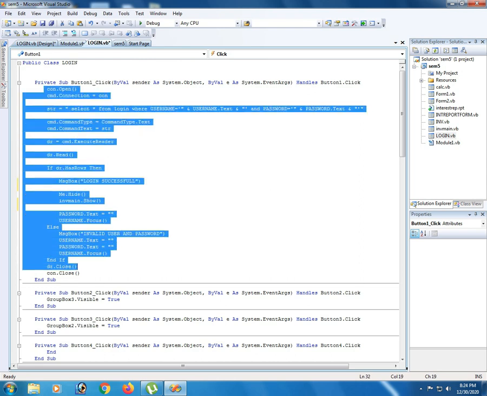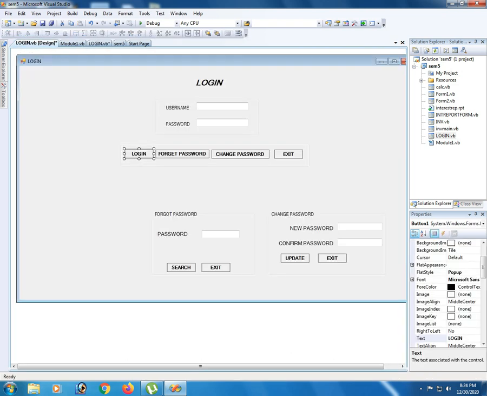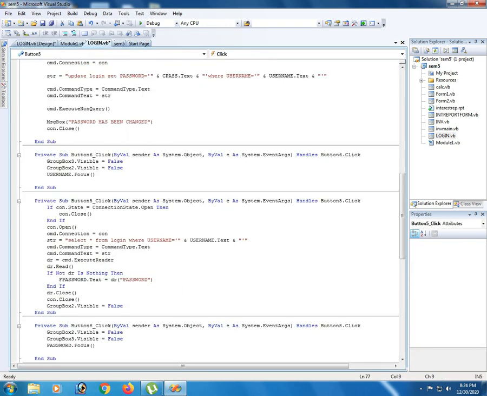As usual, we give this part, and then select star from login where username equals username.text. If the reader is correct, immediately the password text box gets the password stored in the table through the data reader, and it appears on screen. Automatically the reader closes and the connection closes. So this is the forgot password operation.